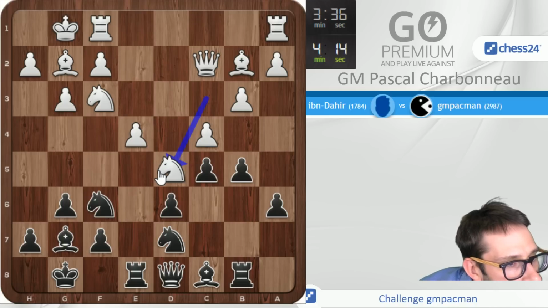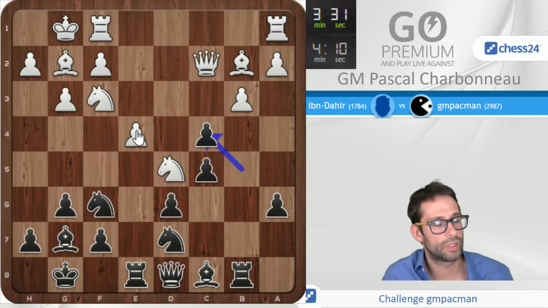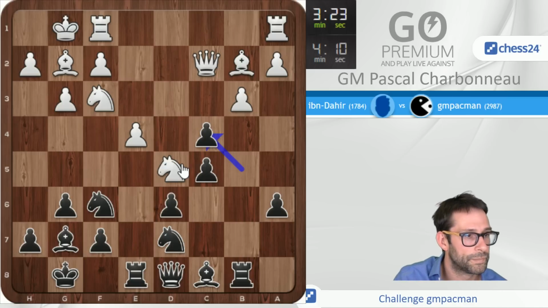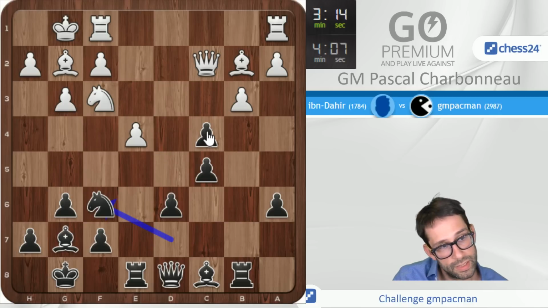Otherwise, I could try to take on c4 first, which actually looks quite reasonable, so I'm going to do that first. If queen takes e4, I can probably take with a rook on e4, or I could play knight d5 and certainly be okay. Alright, so here I'm still hitting the e4 pawn, and on queen c4 I can play either knight e4 and